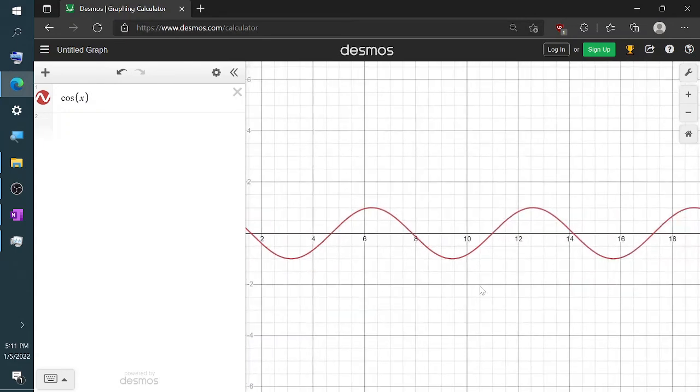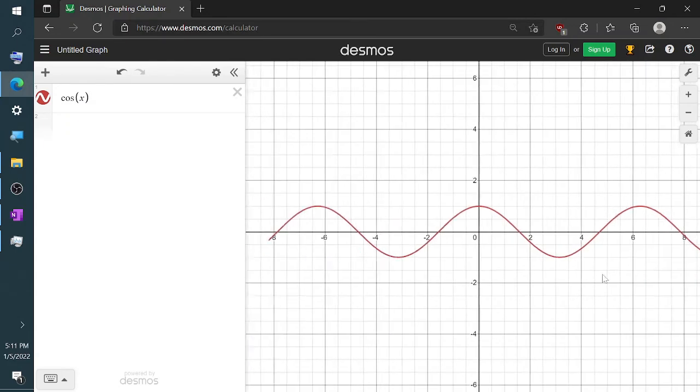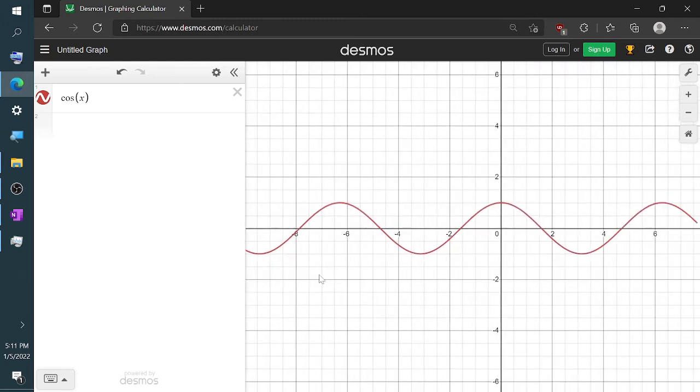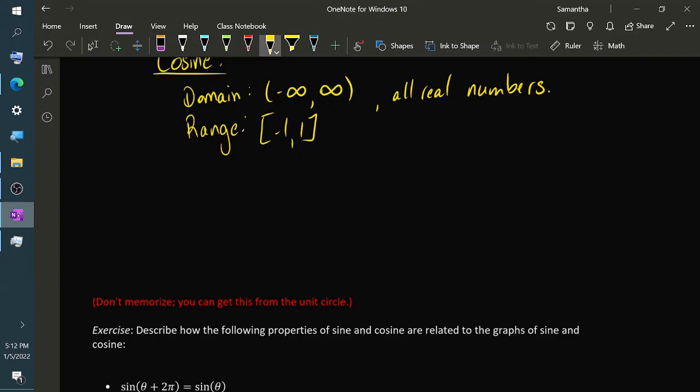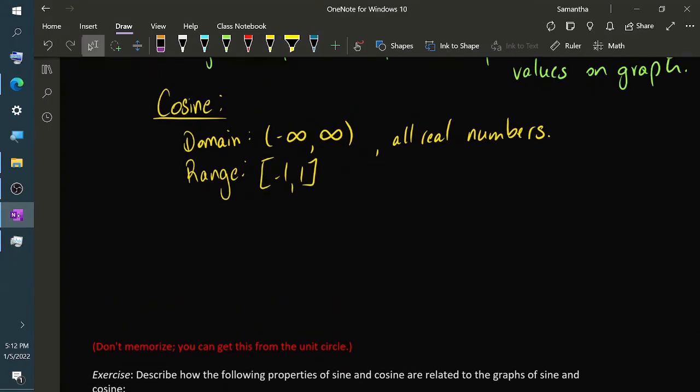And because of the repeating nature of cosine, that is true no matter how far we scroll to the left or the right. The output values are always bounded between 1 at the top and can't go below -1 at the bottom. Here I've made a note of the range. The range goes from -1 at the bottom. Cosine can reach -1, but it can't go below that. And it can reach 1 at the top, but it can't go above that. So those are the range of output values for cosine.